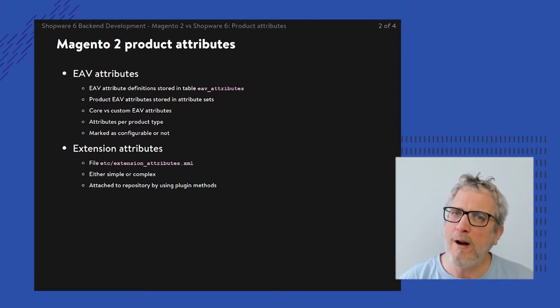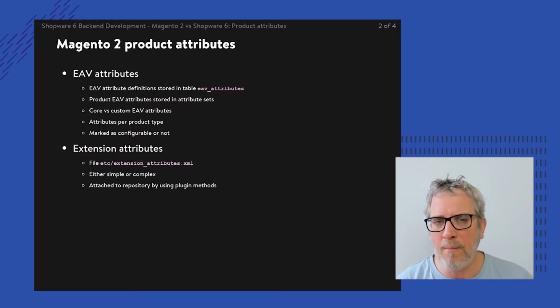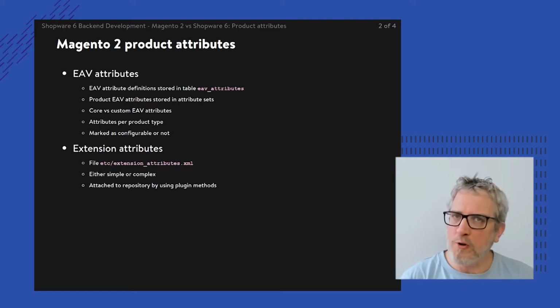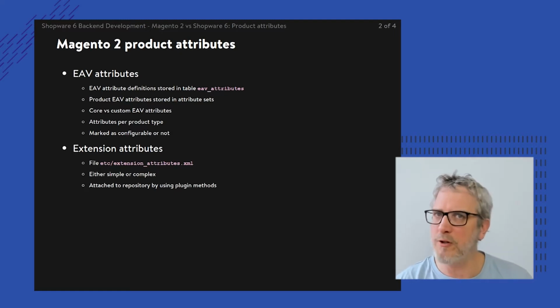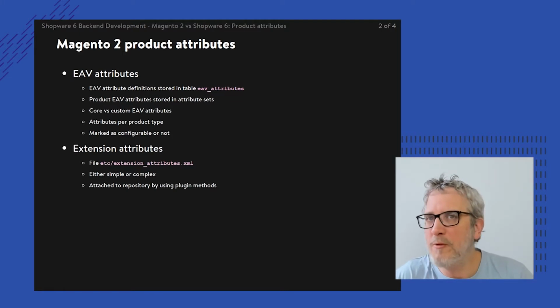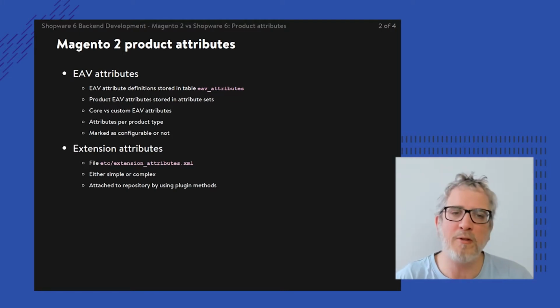However, we're now talking about products, but it's also noteworthy to say that attributes also make up the architecture of customers or categories and a couple of other entities out there as well. Now, attributes for products are also managed by a product type. So there's a huge difference between the attributes of a configurable product and a simple product, or the difference between a simple product and a downloadable product is also boiling down to attributes.